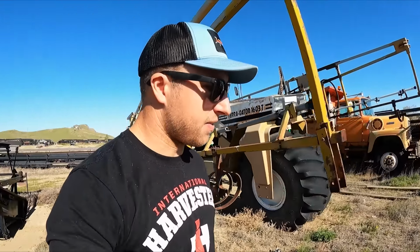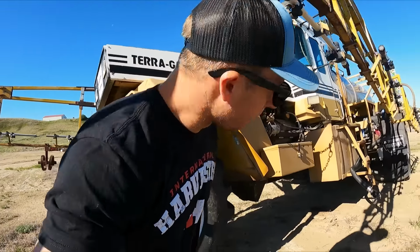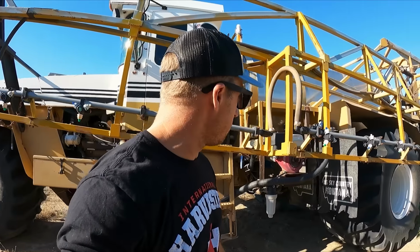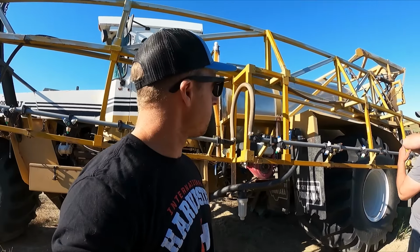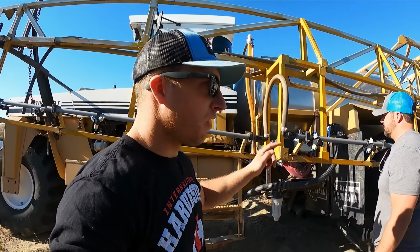This thing did cover a lot of acres over the years. It has like 8,000 hours on it, according to what it said on the internet. So it's been very well used. I don't know if it runs. I don't really care. Maybe the axle's good. We might be able to use that. There's a couple odds and ends on here that I'm sure we could salvage. But the tank, that tank there is worth like